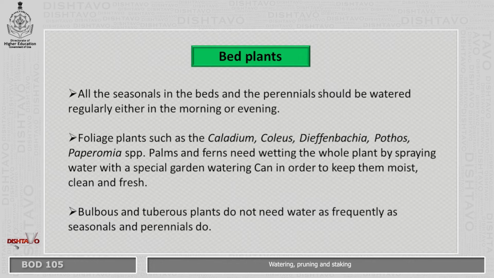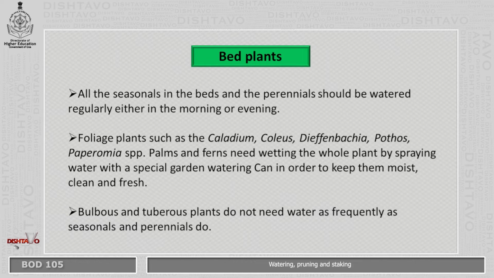Foliage plants such as the caladium, coleus, dieffenbachia, pothos, peperomia, palms, and ferns need wetting of the whole plant by spraying water with a special garden watering can in order to keep them moist, clean, and fresh.